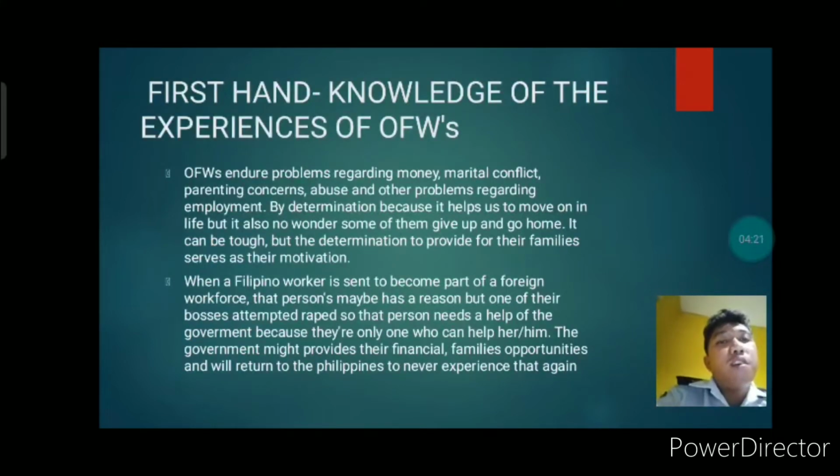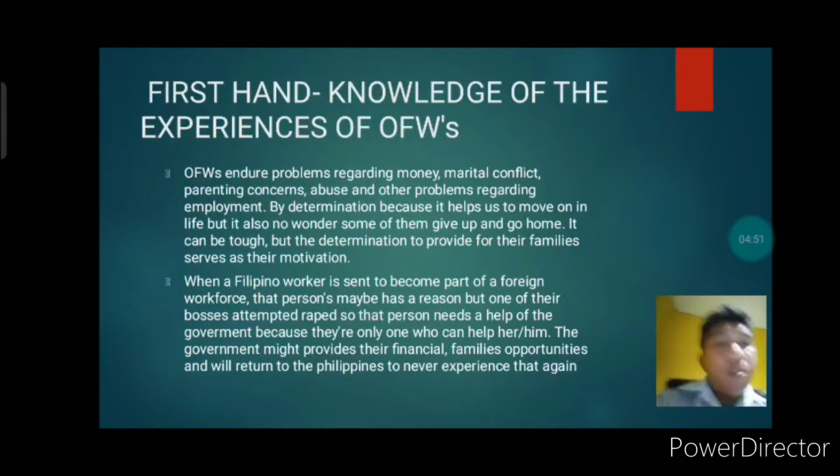First-hand knowledge of the experience of OFWs. OFWs endure problems regarding money, marital conflict, parenting concerns, abuse, and other problems regarding employment. It helps us to move in life, but it is no wonder some of them give up and go home. It can be tough, but the determination to provide for their family serves